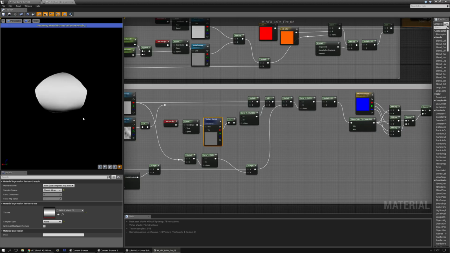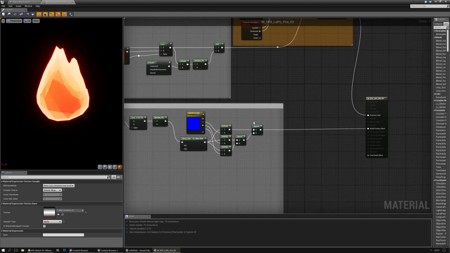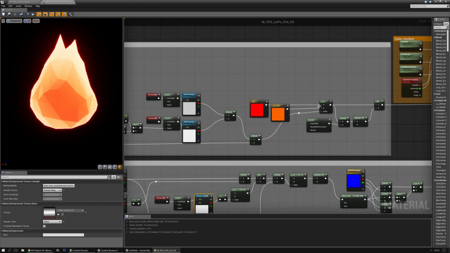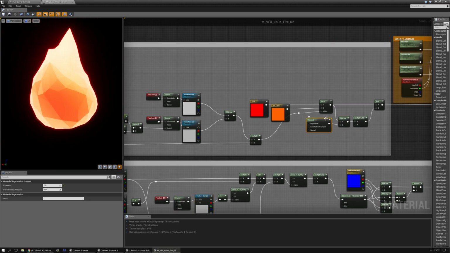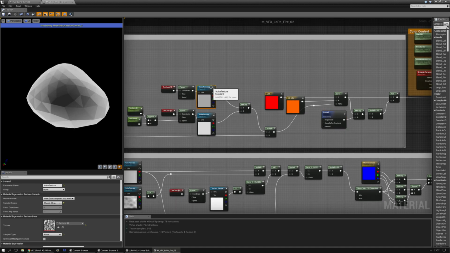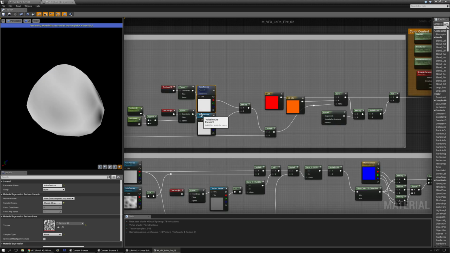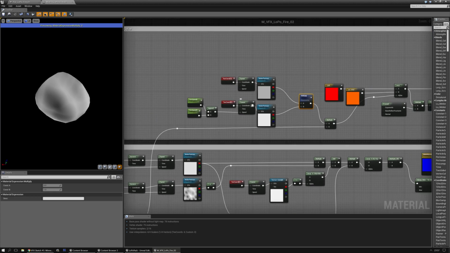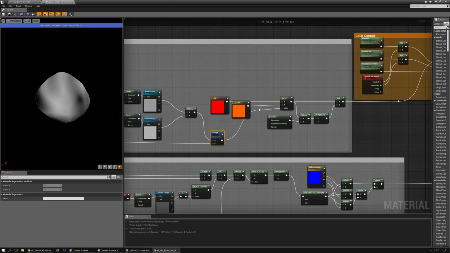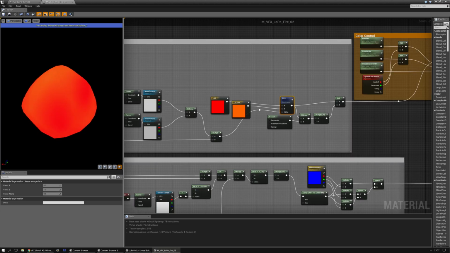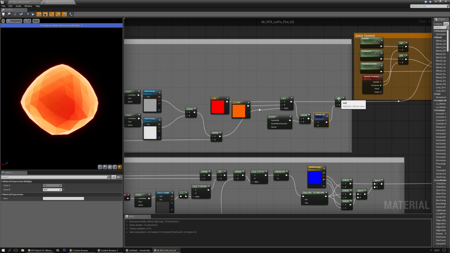Additionally I have this going on for a little bit of variation in the flames. And obviously that's all tied to a world position offset. The effect is mostly controlled by a Fresnel, which gives it a nice edgy look. And there's an additional noise texture here and there, and together it works quite nice for the colors. It's just a little bit, but once you apply and multiply in the Fresnel,